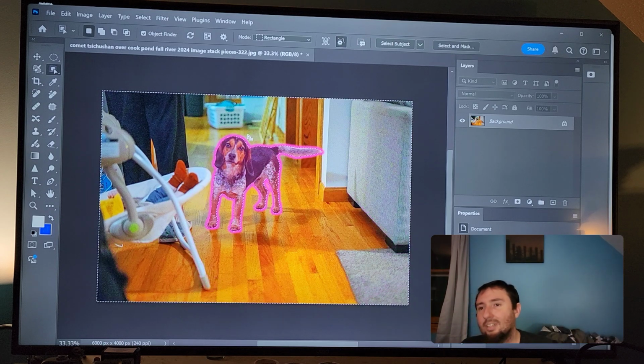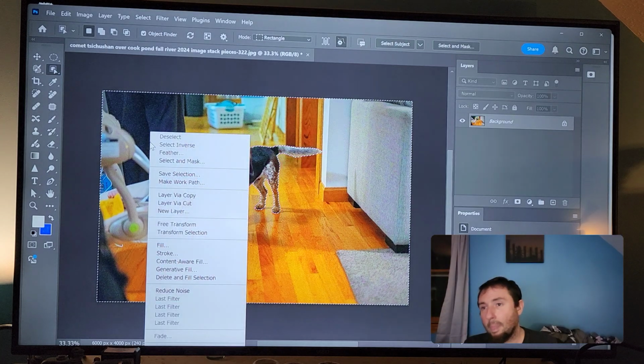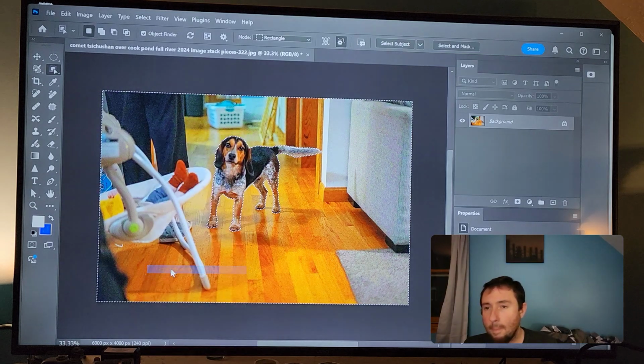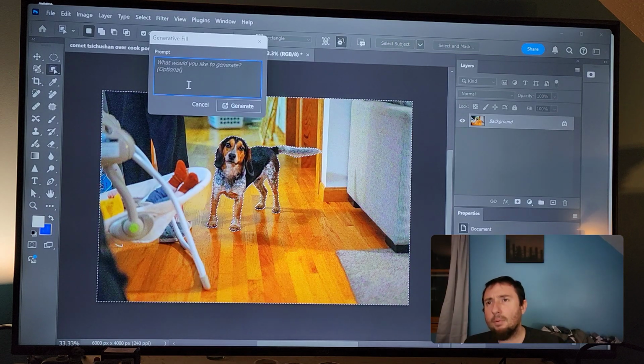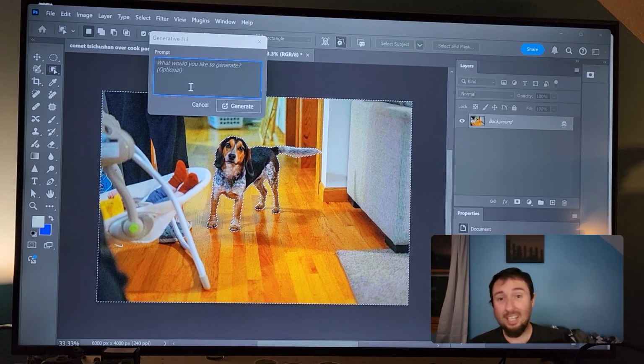So we already got everything selected but him. And the reason we can tell is because he's pink. It's not really pink in real life, I'm just letting you know. And what we're going to do is we're going to go to something called generative fill, which has only been around for about 2 years now, I think. And here we go. May even be less than that, actually.